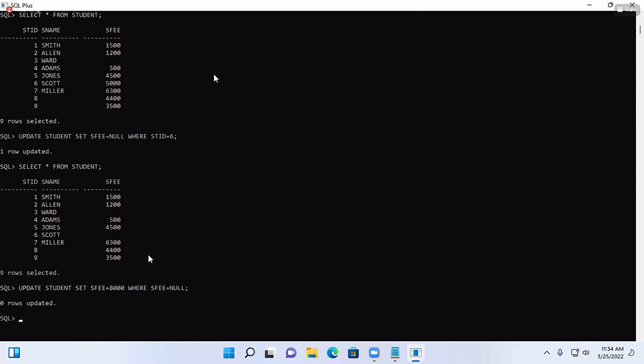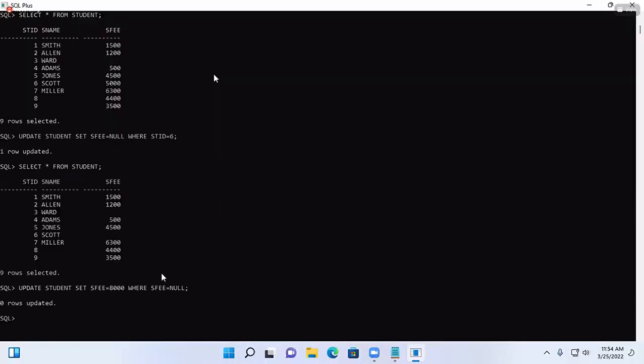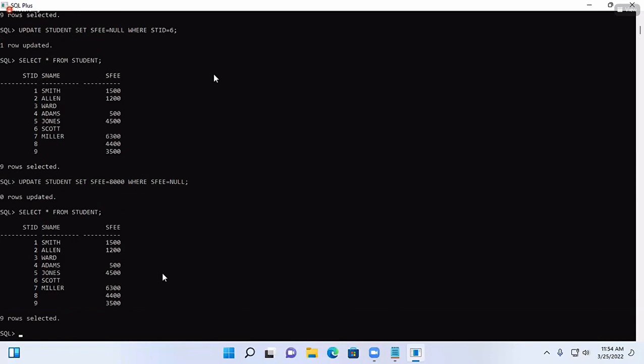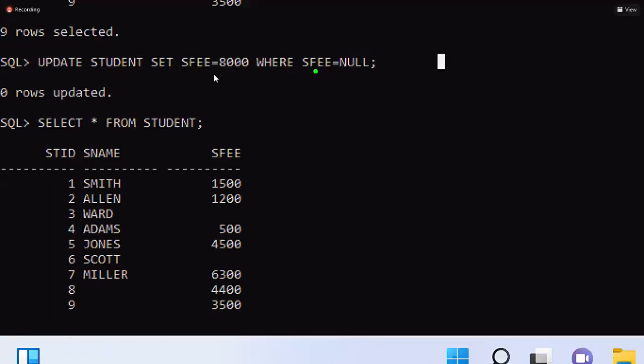Are your empty cells filled or not? Not. And here, what was it showing? It was showing 0 rows affected, and let me see whether it is changed or not. Empty cells updated? No. So why, sir? Why is it not updated? Actually the problem is: here I said student fee is equals to null. Which operator am I using here? The equal operator. But whenever you want to compare nulls, your equal operators, relational operators, and arithmetic operators are